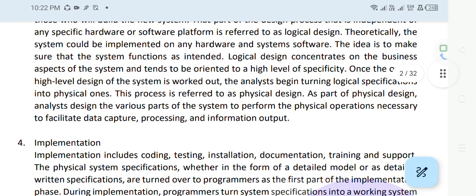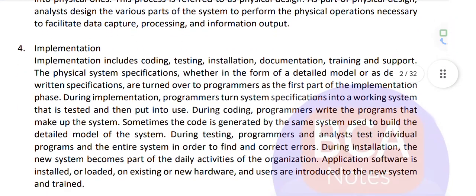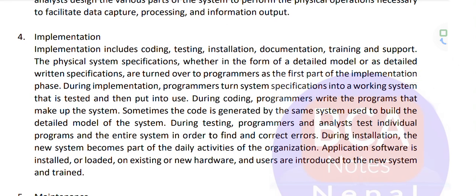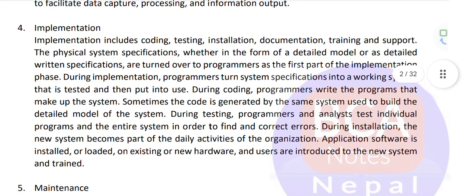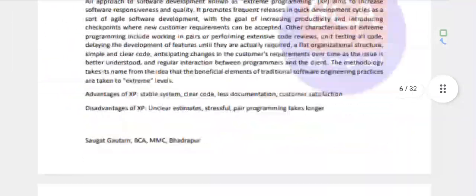Implementation includes the coding, testing, installation, documentation, training, and support. The physical system specification, whether in the form of a detailed model or a detailed written specification, is turned over to the programmers at the first part of the implementation. During implementation, programmers turn the system specification into a working system that is then put into use. During this coding, programmers use